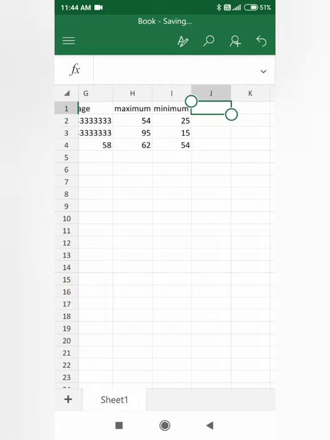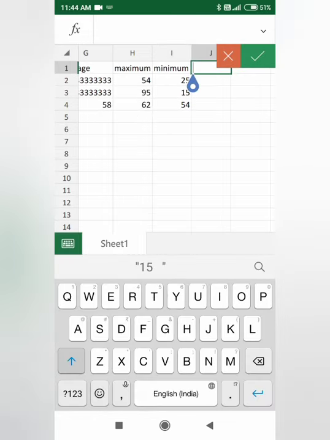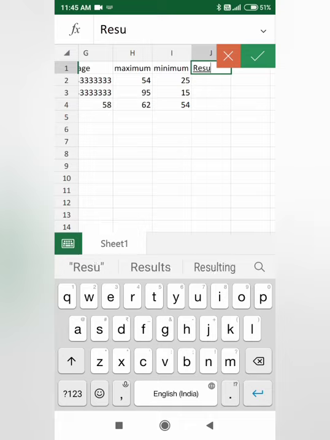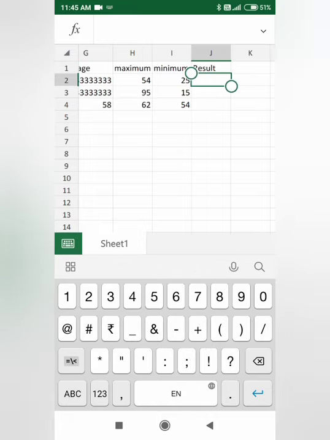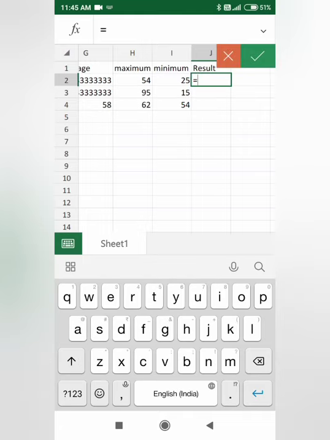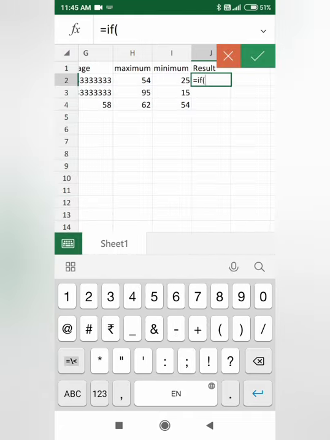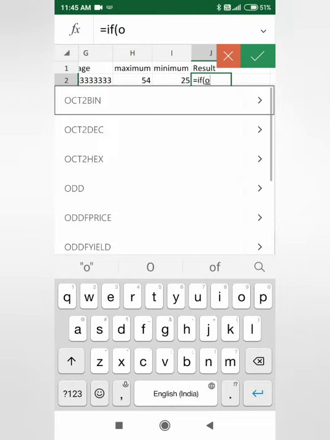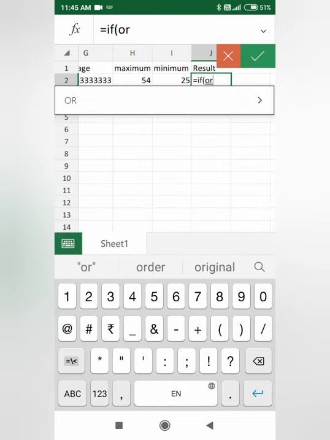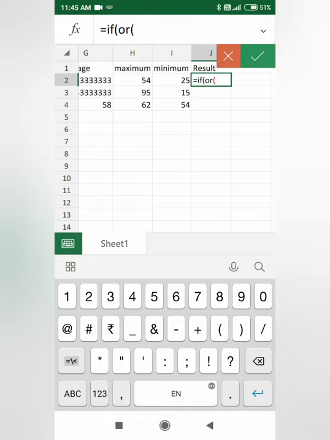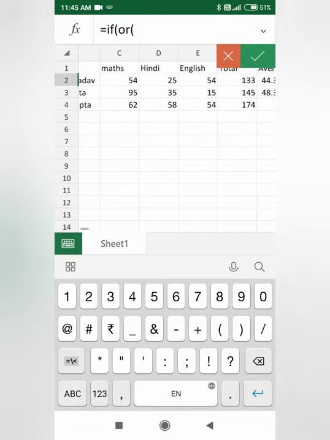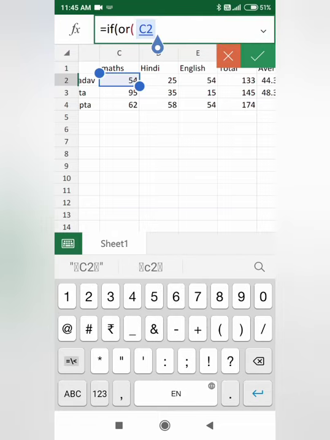And this is very important, the result. See carefully how to take a result. First we have to write the result, then you have to click the equal to sign, if, see carefully the formula, or, and again bracket, and we have to select those three subjects. First select, and then is equal,